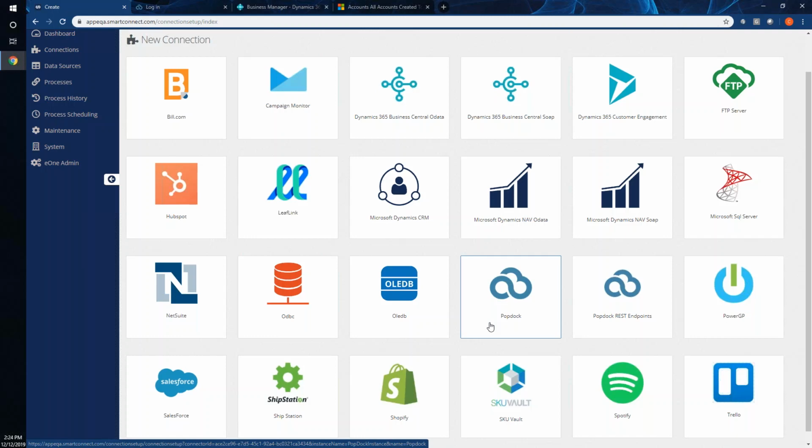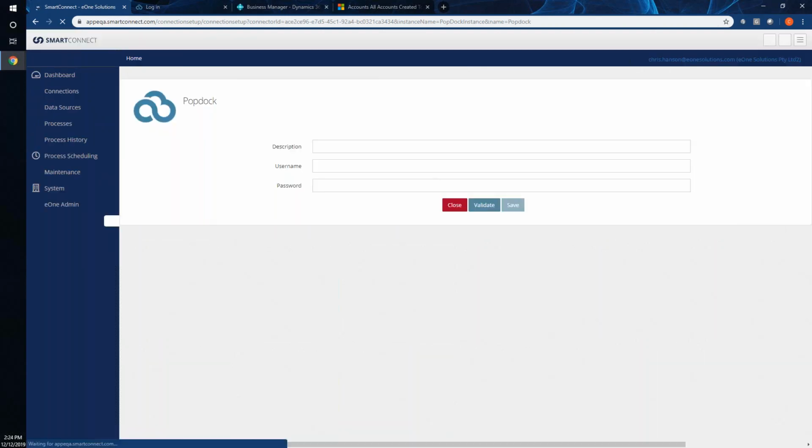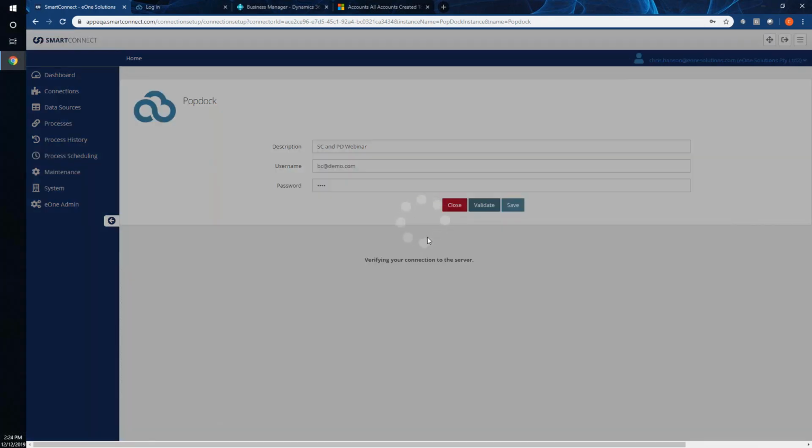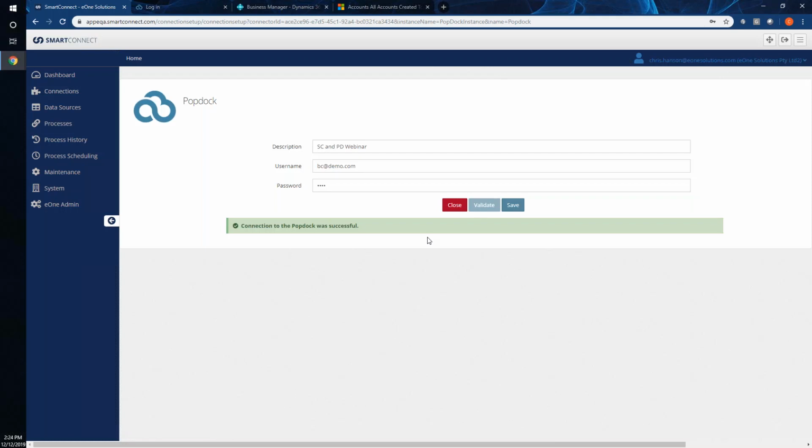When we select it, it's going to be fairly straightforward on how we connect. We're going to use just the user credentials of a user that we have inside of there. So I'm going to call this SC and PD webinar for my name, so we can identify that after I save it. And then BC at demo.com is our user for this account. I'll click validate. It's going to say successful on here,